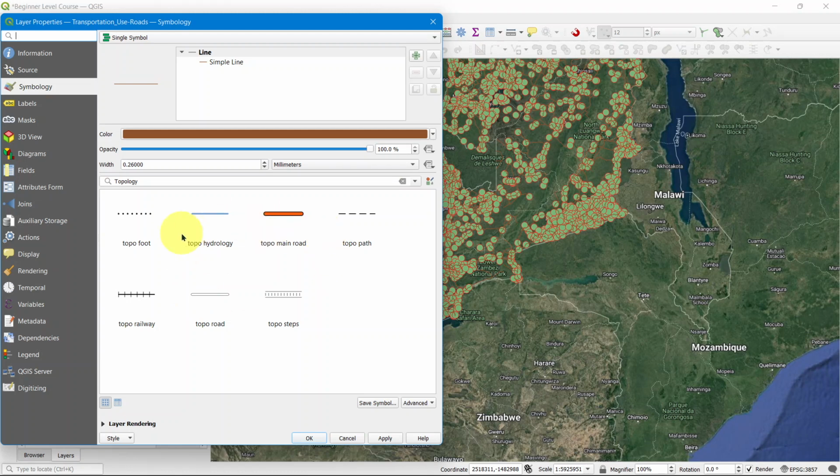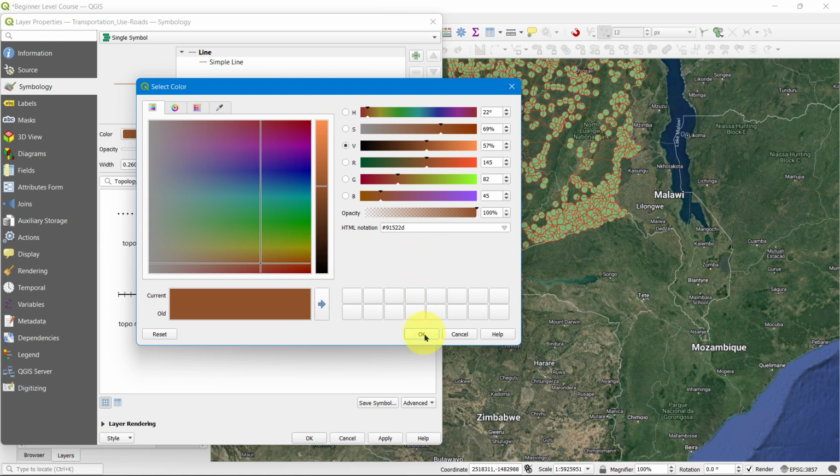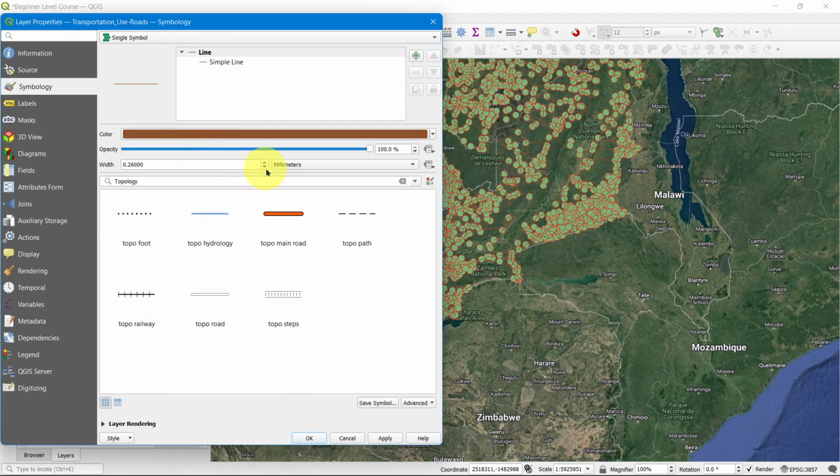If you noticed, when it's a point, it will give you suggestions for the point. When it's a line, it's assuming it's a topo foot, topo hydrology, topo main road. So quite interesting. So the same methodology. You can change the colors from there. We've already gone through that. You can change the